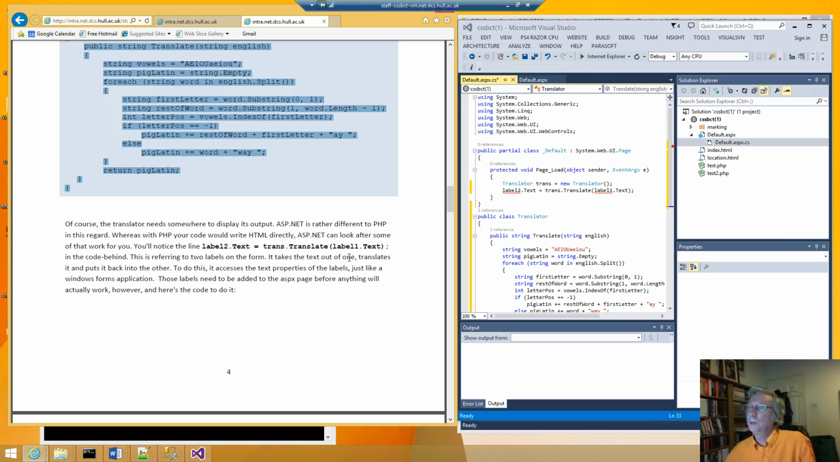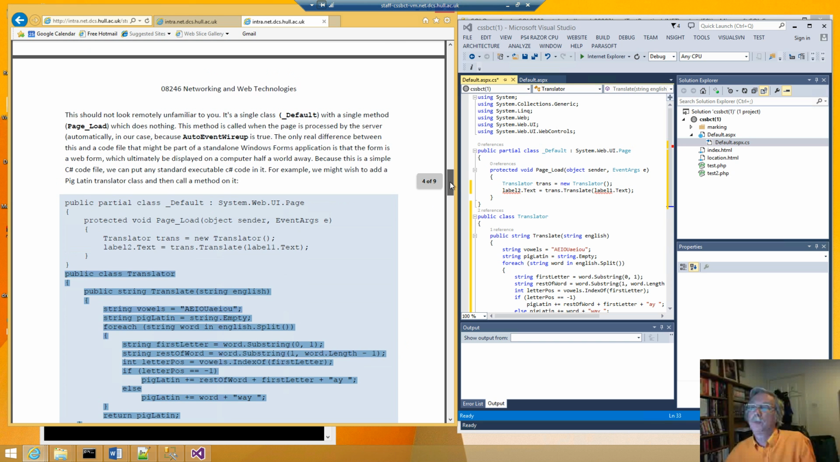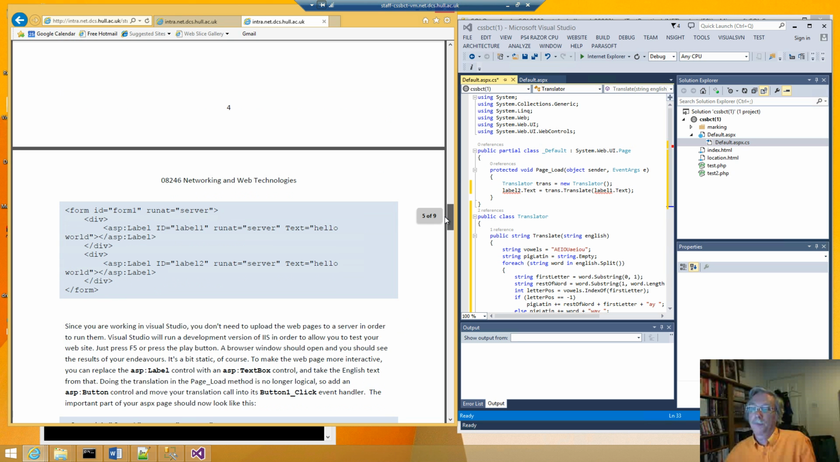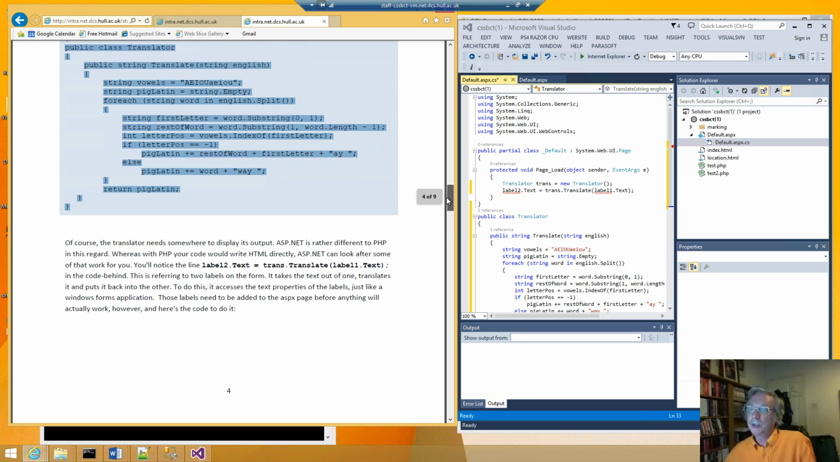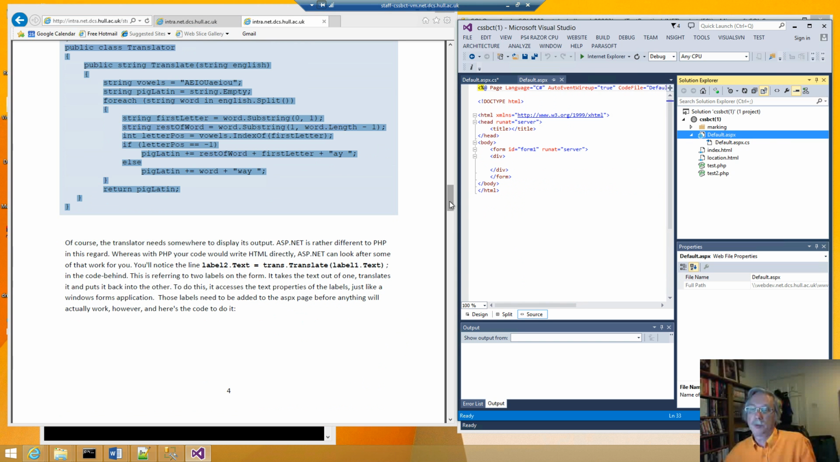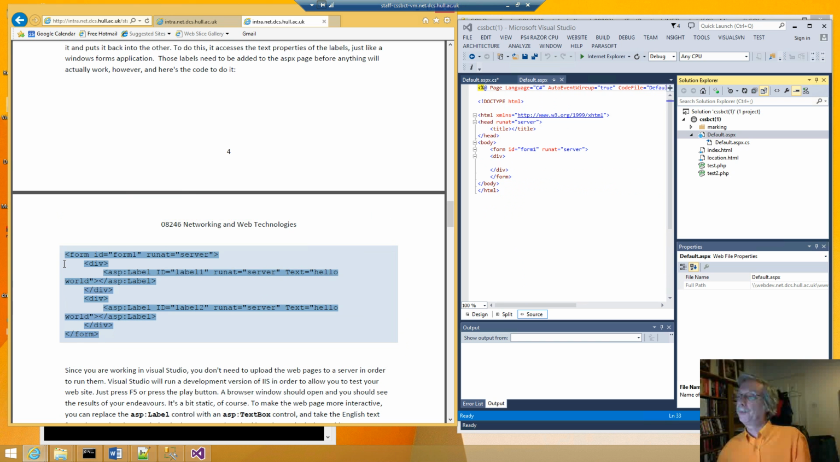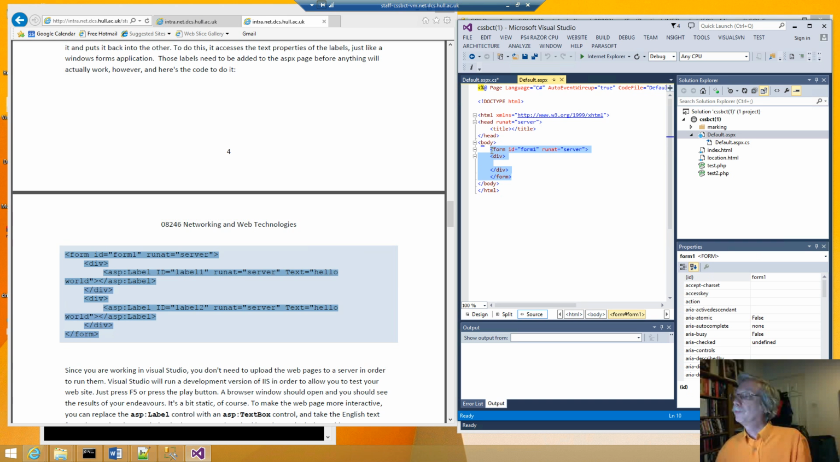And it's talking about this label 2 and label 1 piece of code here. And then it says these labels needed to be added to the ASPX page, otherwise we have an error. So we go back to that and we'll put those labels in the ASPX page here. So that replaces this whole form like this. So we paste that in there,